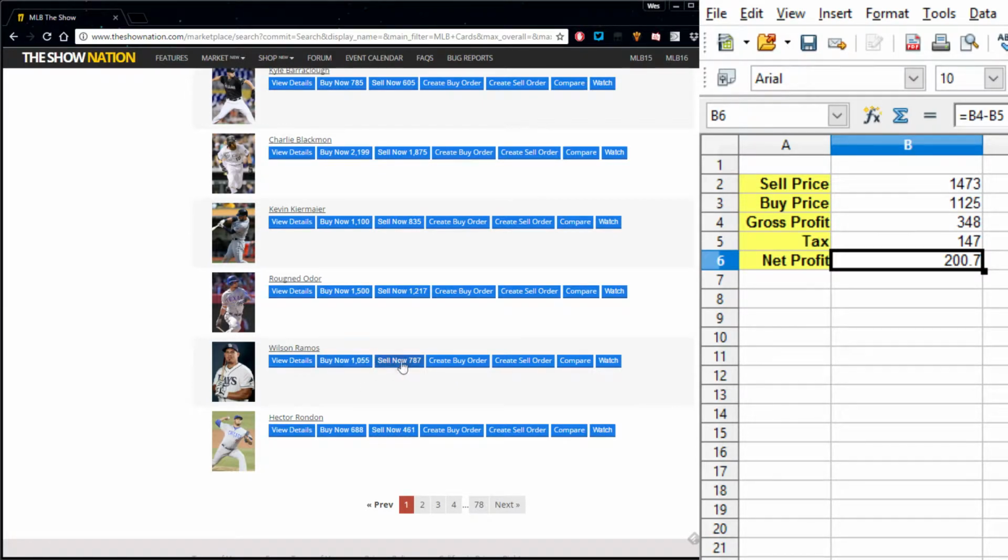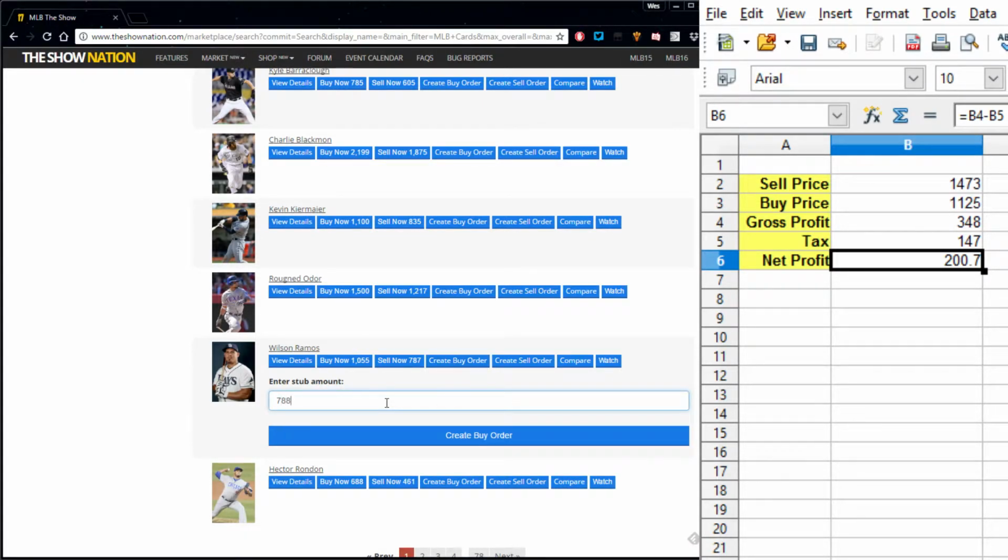Wilson Ramos. He's got, what's that? 213 plus 55, like 268 minus 106. We'll do Wilson Ramos. We'll try him out. So we're going to create a buy order for Wilson Ramos. Put it at 788, which again is one stub above the sell now price, and it's going to break. So it didn't give us...